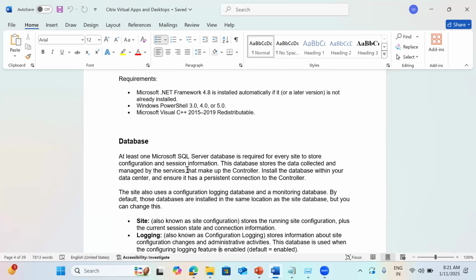In SQL Server, we can have a dedicated SQL Server, or otherwise we can go for SQL Express on the controller machine itself. SQL Express we can also install, but that's not at all recommended for production sites. For production, we require a dedicated SQL Server, and even in large scale sites, it's clustered or mirrored. That means even if one clustered database is down, still the solution is